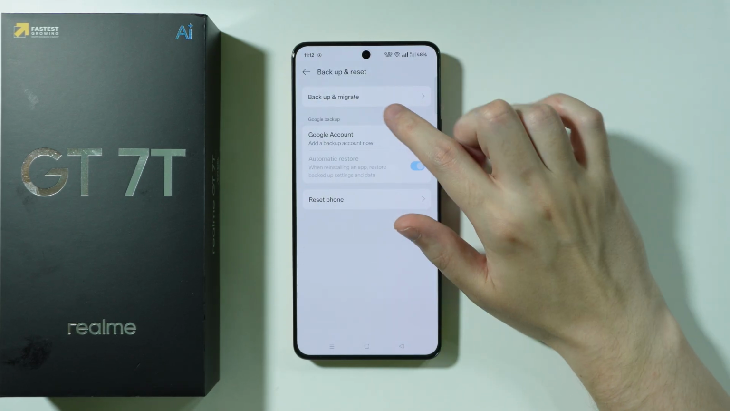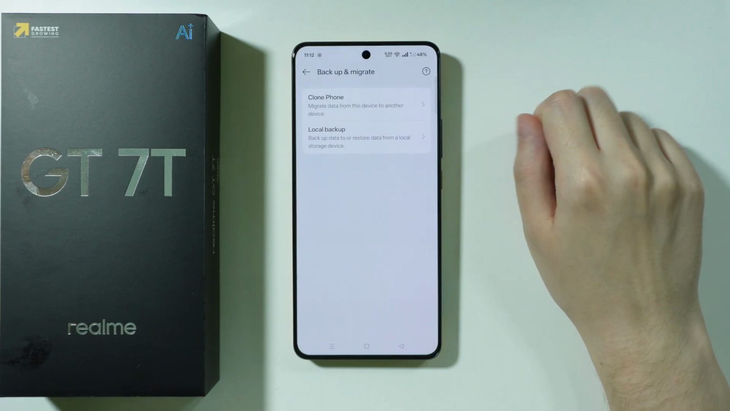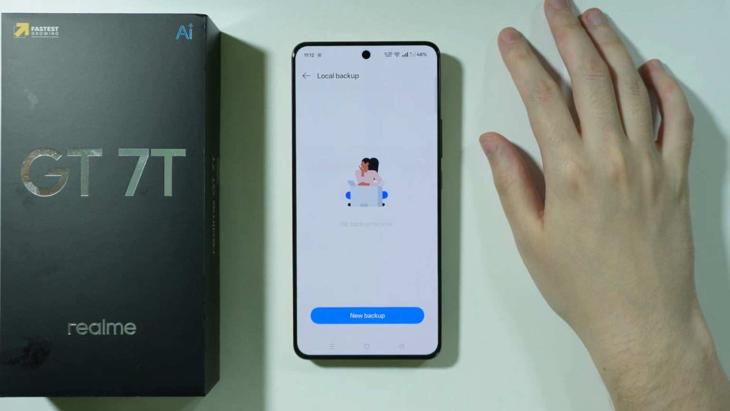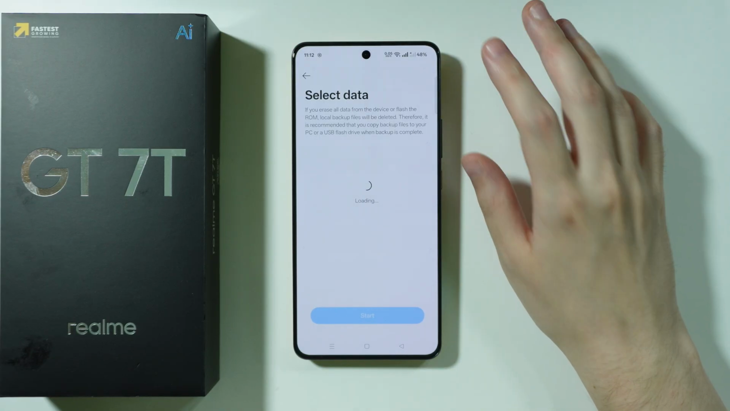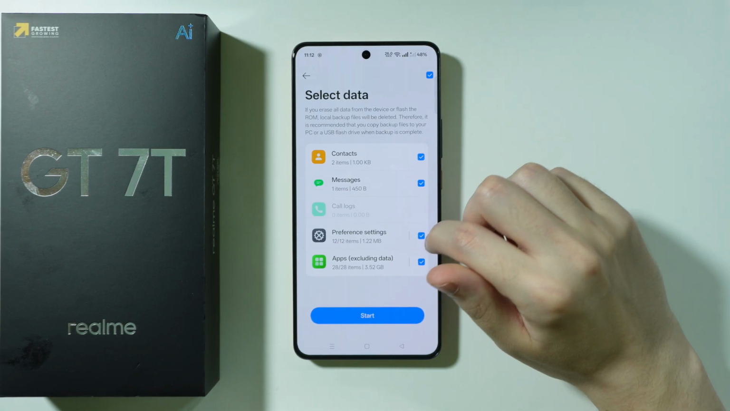Besides that, you can also go to Backup and Migrate over here at the top, and we have Local Backup. So you can create a local backup over here. You can press New Backup. You can choose what data should be backed up, as you can see over here, and so on